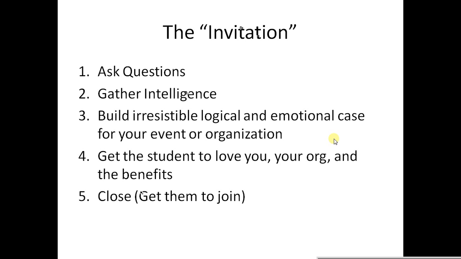So some people out of this, just in step number 2, you're going to find out who's who just by gathering intelligence. You're going to find out who are the people who are open to it, the people who are active, the people who are just flat out no, the people who are conscious, and anything else in between. You're going to find this out by step number 2. So step number 2 is probably the most important piece, simply because there's no point in building an irresistible, logical, and emotional case for your event organization if you know that this person does not have the time or desire to be part of your organization. But it's real quick. Okay.